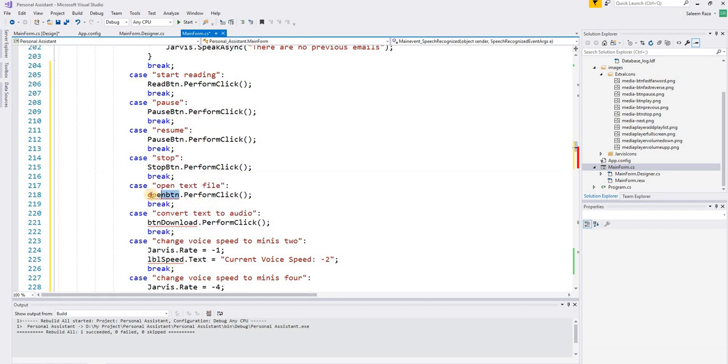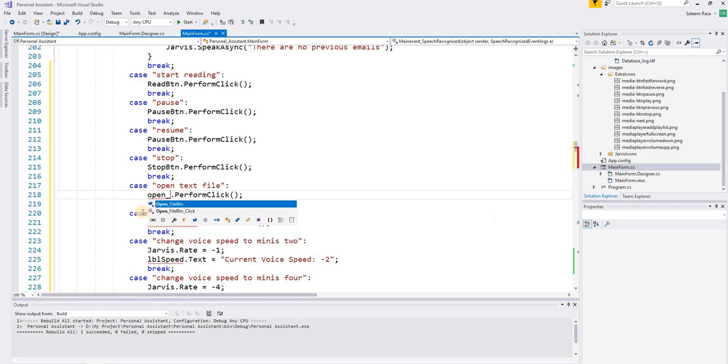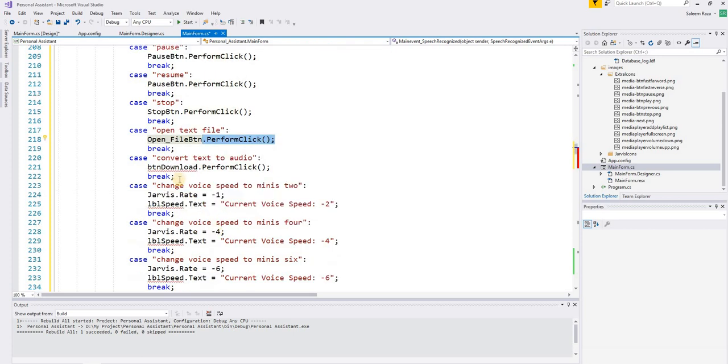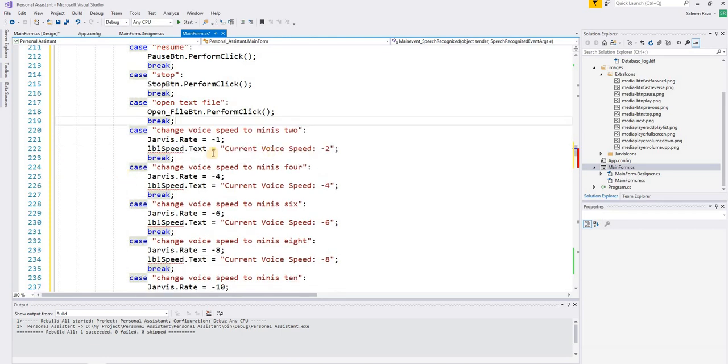And then for open file we are going to use our open file button. Okay, this is our open file button. Then we are going to make a click event on it. Then this button we don't have it. Then we are going to change the